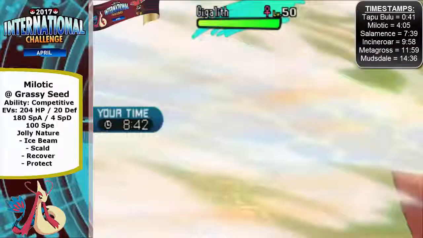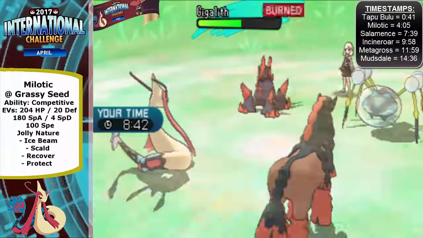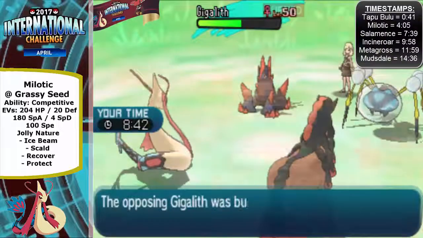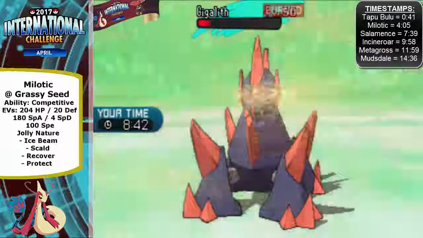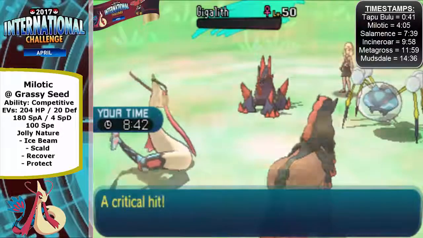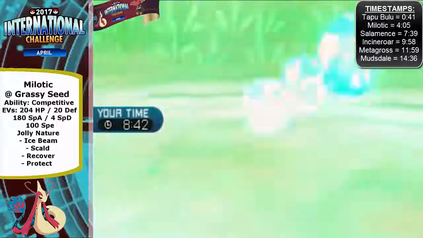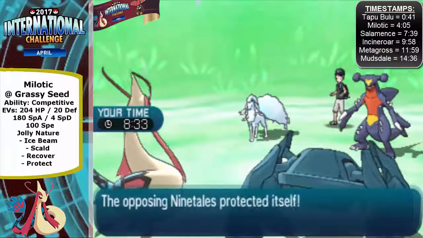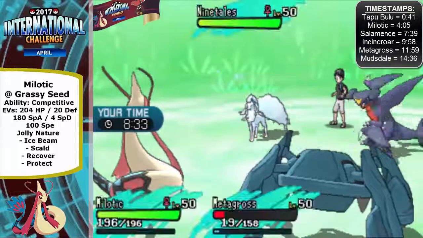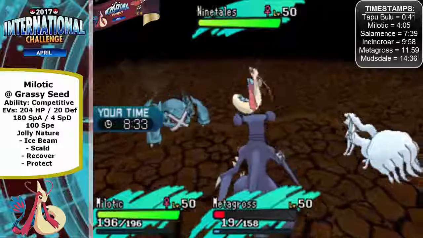On top of that, you are able to live a Thunderbolt from Tapu Koko outside of Electric Terrain, and you're able to live a Horn Leech once you've got +1 Defense from a Tapu Bulu. So there's a really nice number of things which you can survive which your opponent wouldn't expect you to, with this Milotic set. In addition, you do have enough speed to outspeed 4 speed Crocodile,